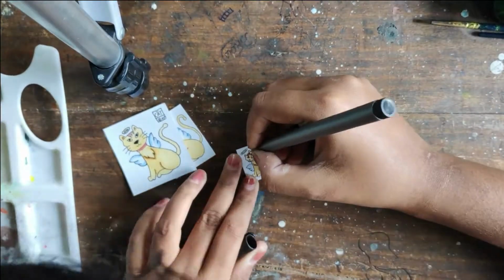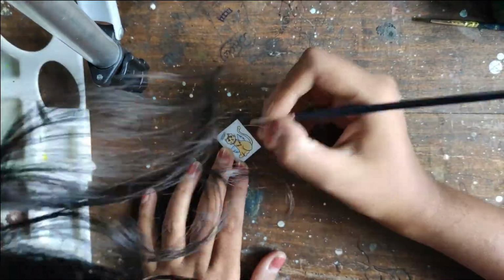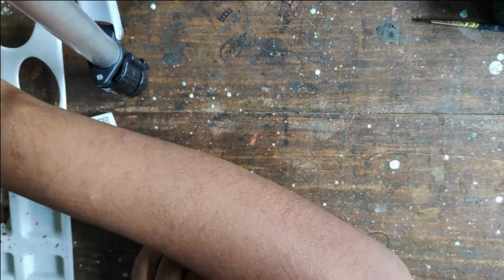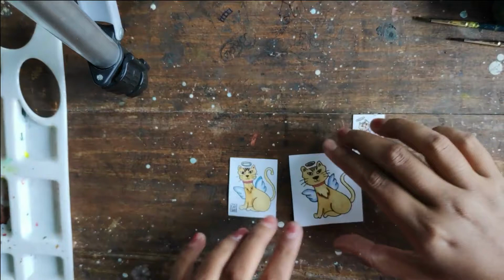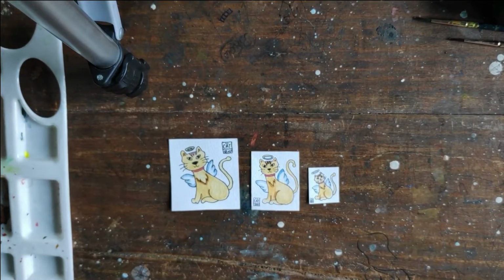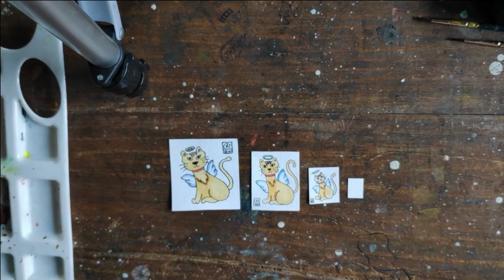After that, of course, I decided to add my little touch, that is my signature. I couldn't skip it. And yeah, look at these three. They are quite cute. But the next one, I thought this was gonna be the smallest one. Like, I was pretty sure I couldn't draw smaller than this one, but this turned out to be the second